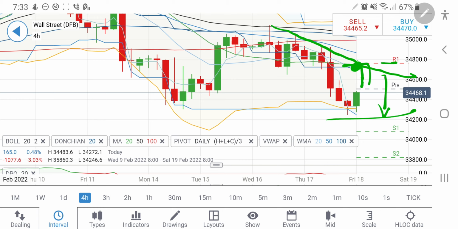So yes, a short entry is recommended only below 34,200. Till the time it remains above 34,200, we can expect it to bounce back till towards 34,